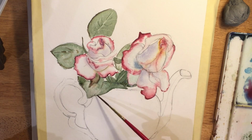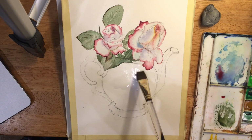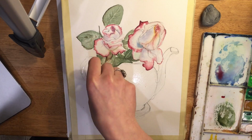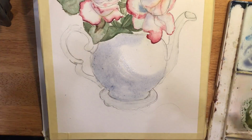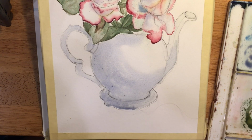Okay, and now I'm just thinking about my values, thinking about what I want to have be dark, where I want my details to be. I cut again, let it dry, and now I'm going to be working on the teapot. It's a little bit more ornate than I really want you guys to go, but I just couldn't help it because it's so cute. So here I'm just putting in a little bit of, it's mostly French ultramarine with